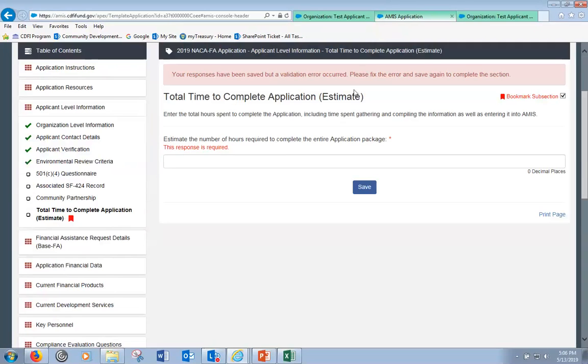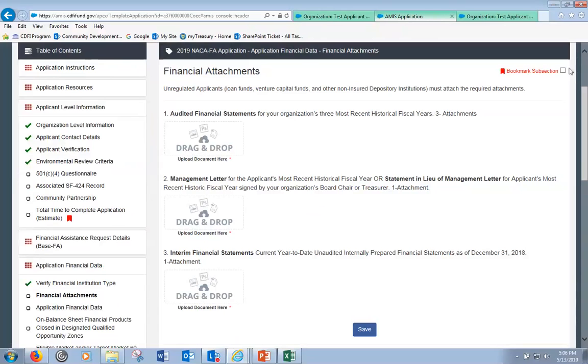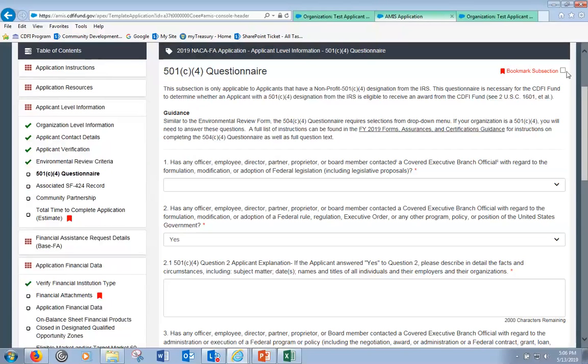It's also going to show up during my validation process. But we want to show the utility of this bookmark feature for other areas, let's say in the application financial data. If I go to financial attachments, maybe I'm having my CFO or my comptroller provide some of this information and I want to flag it for them. I can put these little bookmarks on basically all subsections that I might want to flag for somebody else's review. So you can see they populate next to the line item so that it's a quick, visible cue